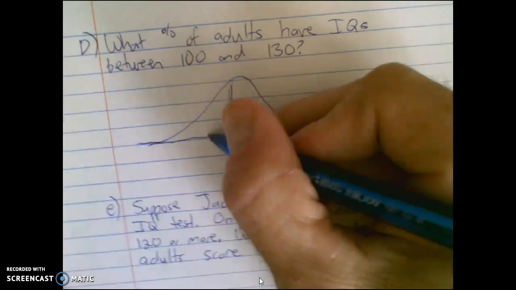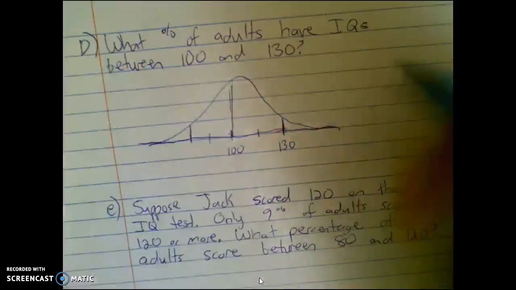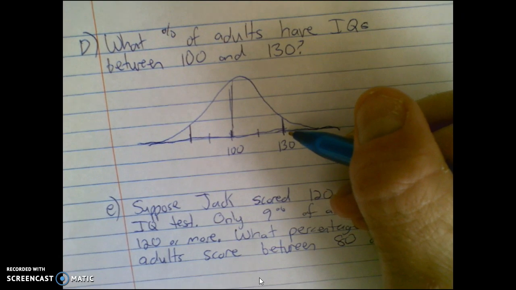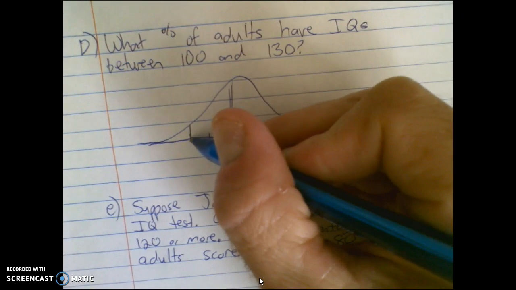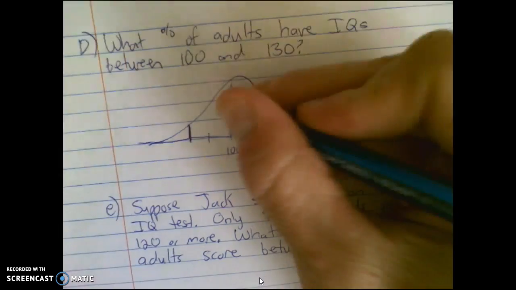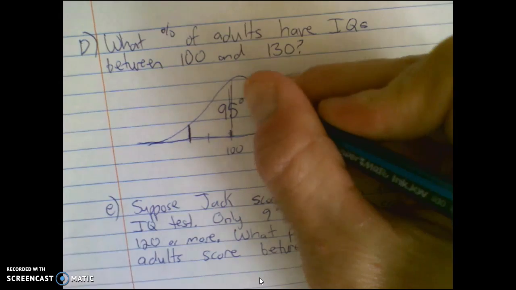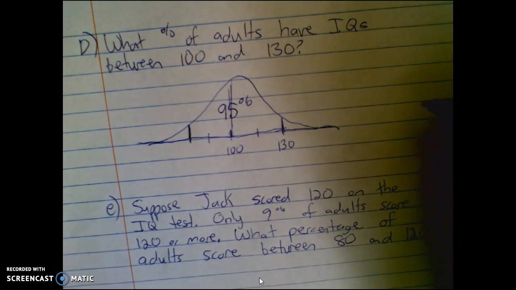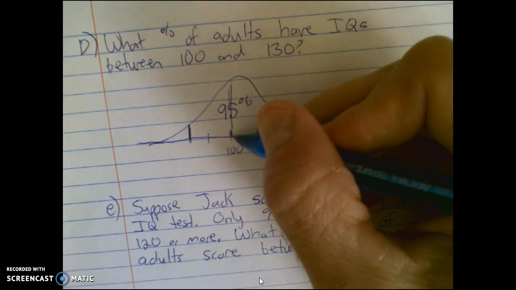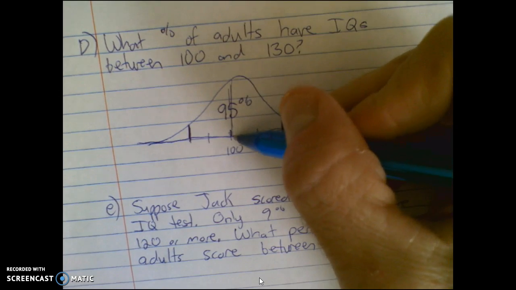So the way that you would do it is realize that 130 is 2 standard deviations above the mean. And if I found this point right here, which is 70, but you don't necessarily have to know that, that is 95%. The empirical rule says that 95% will lie within 2 standard deviations. Okay, and then it's perfectly symmetric, even though my graph doesn't look